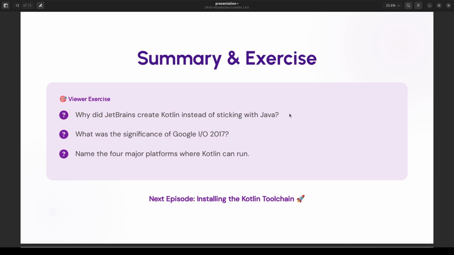And this is especially true in the JVM. So today, something that we will see is why JetBrains created Kotlin instead of sticking with Java. An interviewer may also ask this, and what's the significance